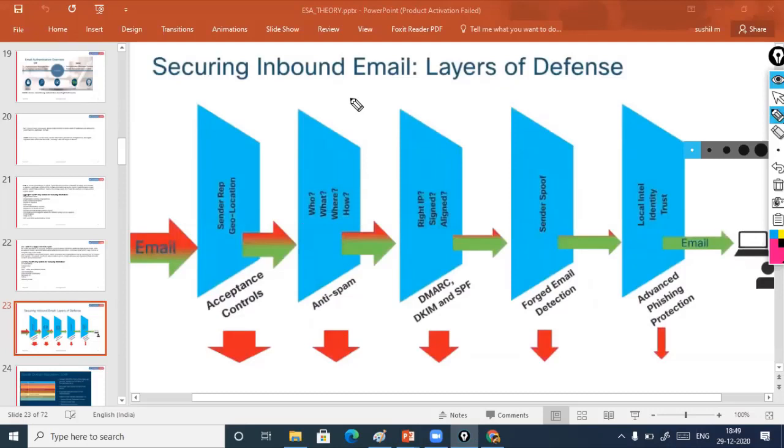In an email security appliance, you will see there is an option called inbound email. While receiving inbound emails, you can enable the protection. You can see there will be an option of creating the layers of defense. So when you are creating the layers of defense while doing the configuration on the email security appliance,